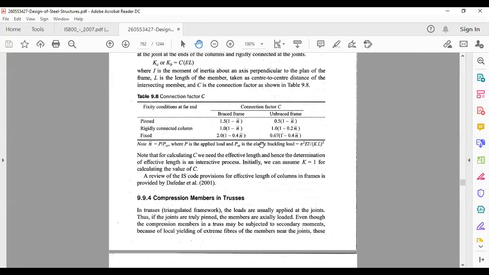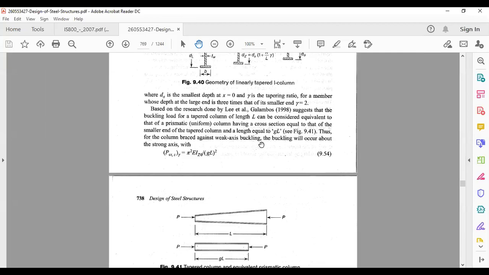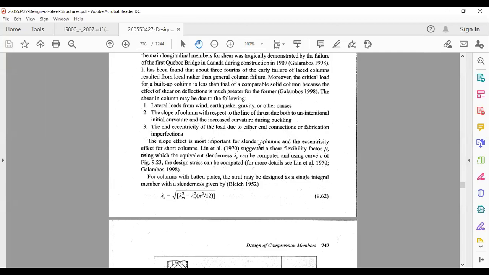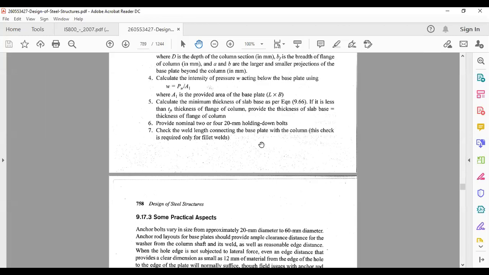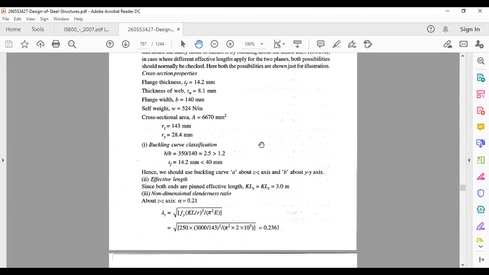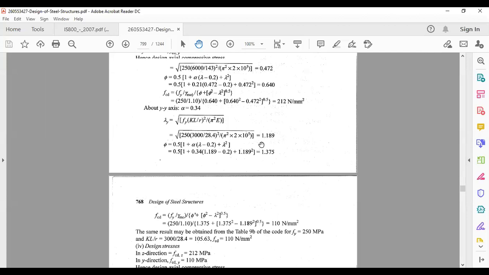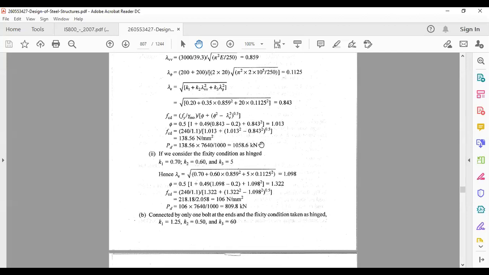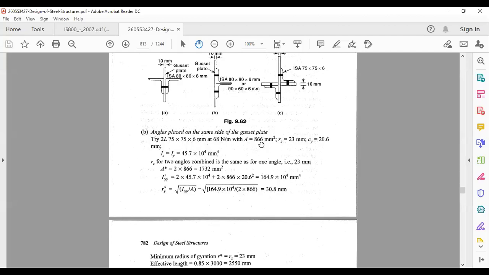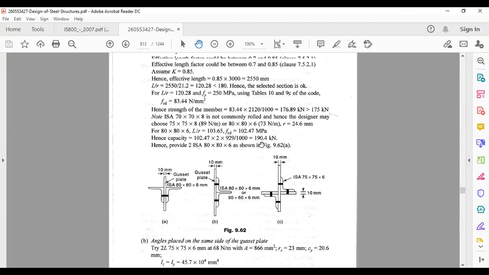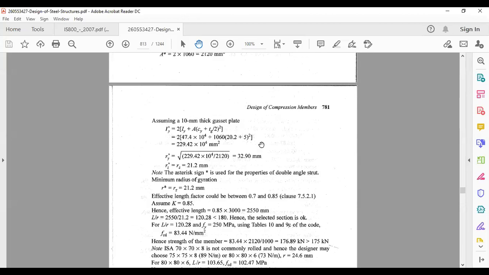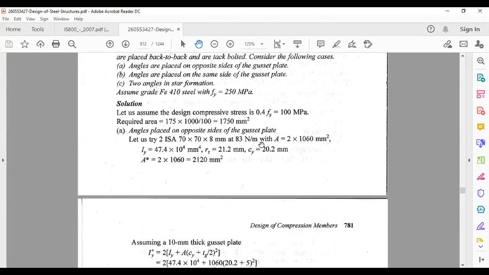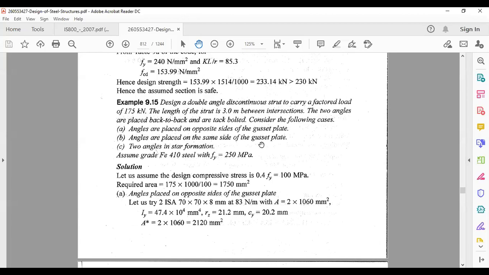So that part, look into the code. You can go through any problem from any textbook and see that you will be able to calculate the strength of the bolt, how you decide the strength of the bolt. Other than this, if you have any doubts, you can ask. I'm just going through what all is required from the design of this truss part.